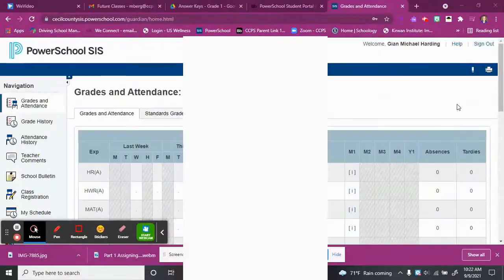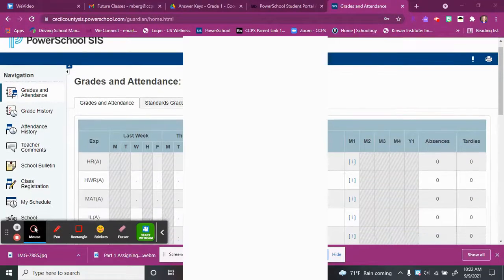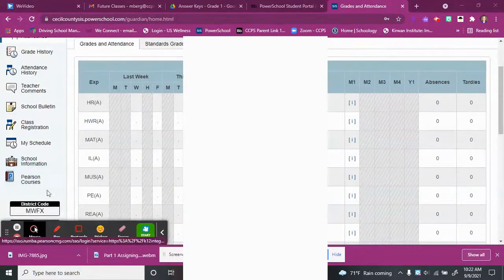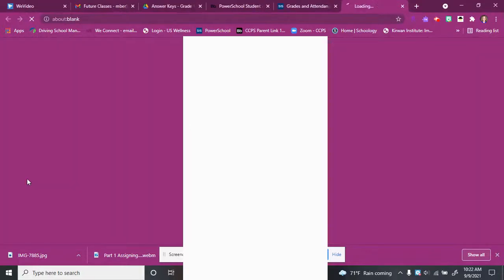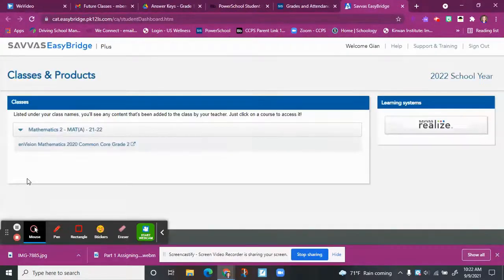In order for students to see what their teacher has assigned through enVision, they have to log in through their PowerSchool account. So I have already signed in as my nephew, and you'll see if I scroll down on the left-hand side, there's Pearson courses. So I know Pearson has switched over to Savvis, but it's still listed as Pearson courses there. So students will come there and click,